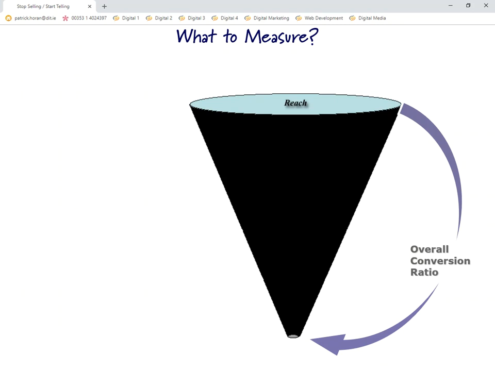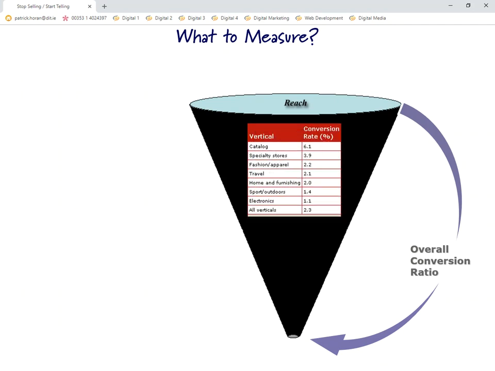Now, because we're talking about a sales funnel here, we obviously mean that there's a lot more people reached than there are people converted. So just say 100 people come to our site. Well, then our reach is 100. Quite often when it comes to conversion, it's a lot less than that. So if somebody buys from you, the looker to booker ratio, for instance, could be a lot less than that. If you look at, for instance, travel in the middle of this, you can see 2.1%. That means for every 100 people that come to your site, 2.1 of them will buy from you.